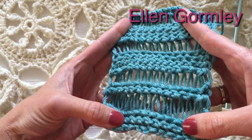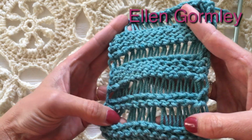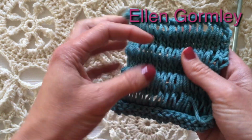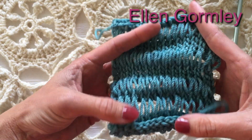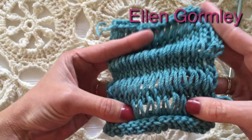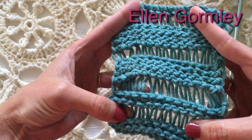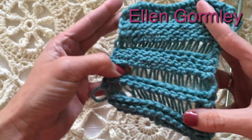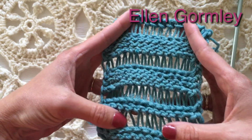We're doing the Tunisian drop stitch today, and this is really fun. This is actually the back side of the fabric. This is actually the front side. This swatch is not blocked, so you can have fun squishing it. But anyway, there's this nice lacy drop stitch row in between rows of Tunisian knit stitch, essentially, is what we're